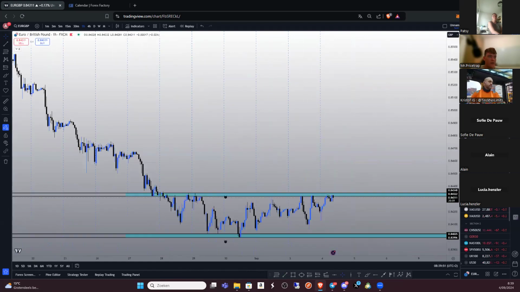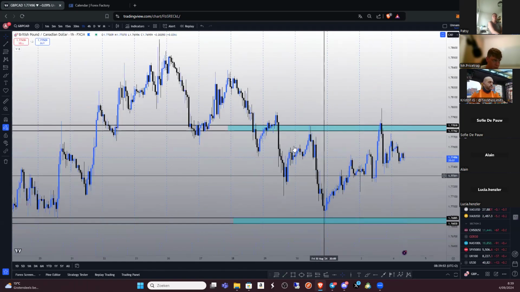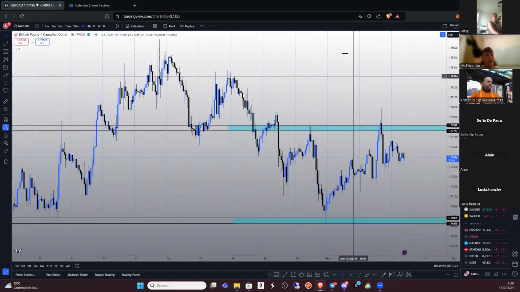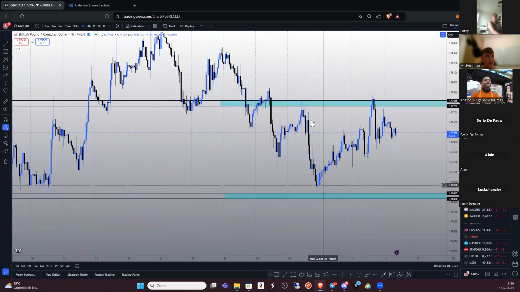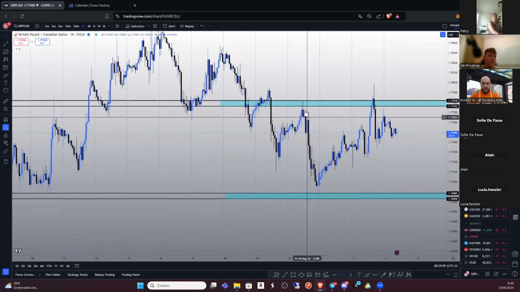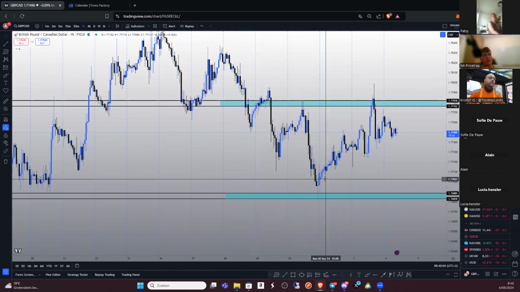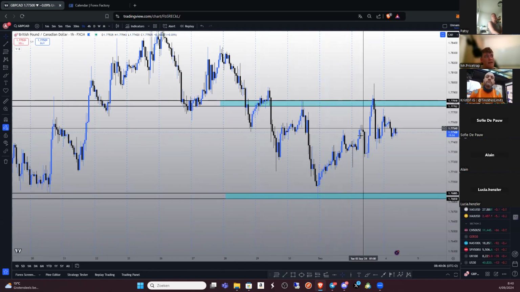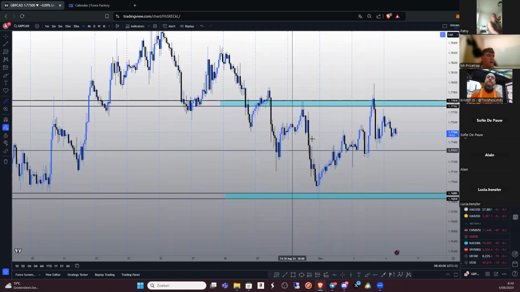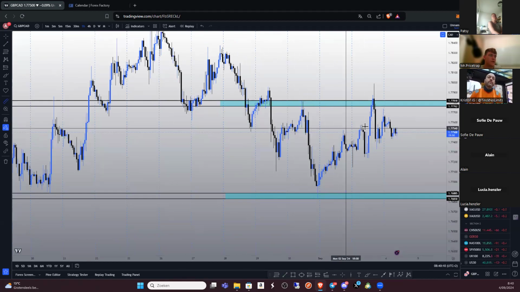Euro pound, we already covered that. Then we had GCAT. GCAT, I was just purely following up on my trade I was running. So I had this first take profit from the run to the downside from the breakout retest of the support zone. So that was a beautiful take profit. Then we had that second retest. Like you guys know, this was also a beautiful zone to react on.